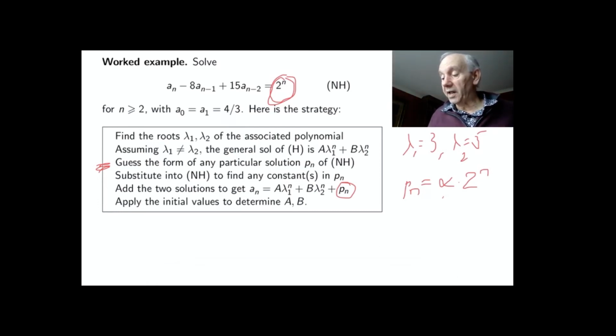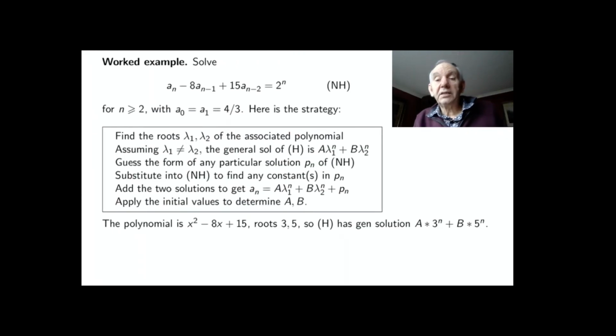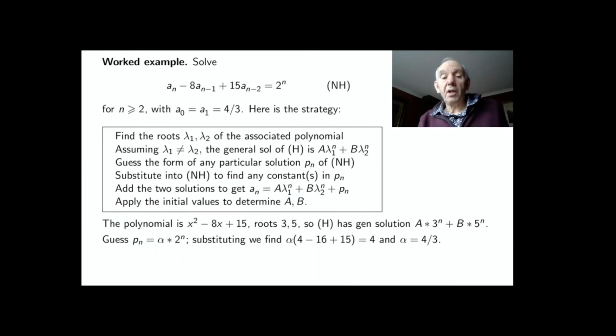So let's do this step by step. As I said before, we work out the associated polynomial. We've already done all that, so that line's been done. The general solution we know of the homogeneous equation is a constant times 3 to the n plus another constant times 5 to the n. Now, as I said before, we're going to guess a constant times 2 to the n for our particular solution,